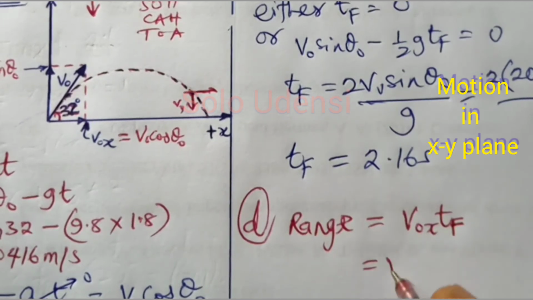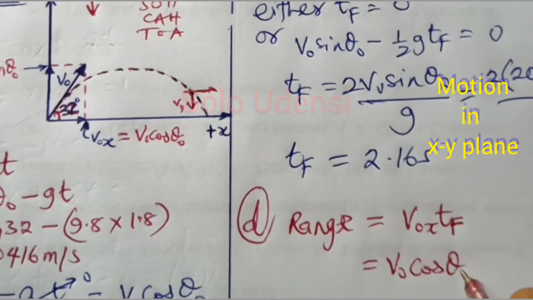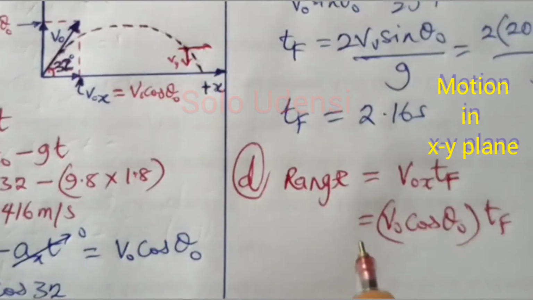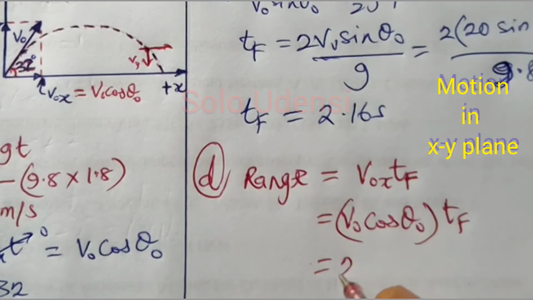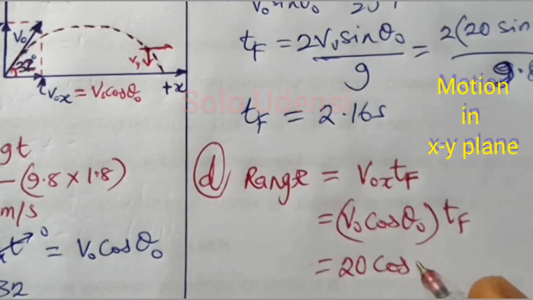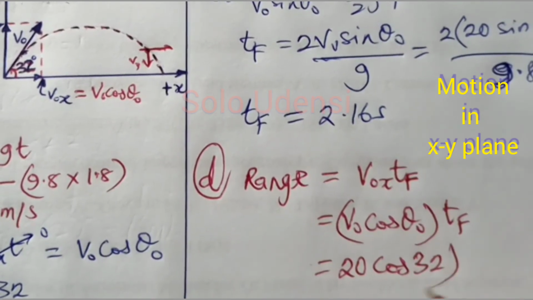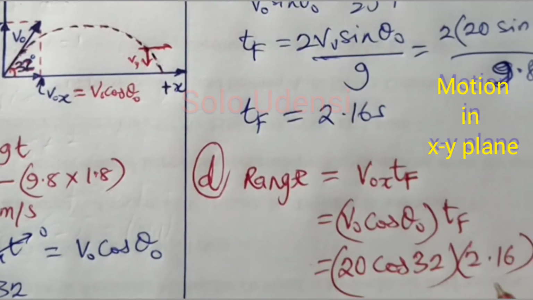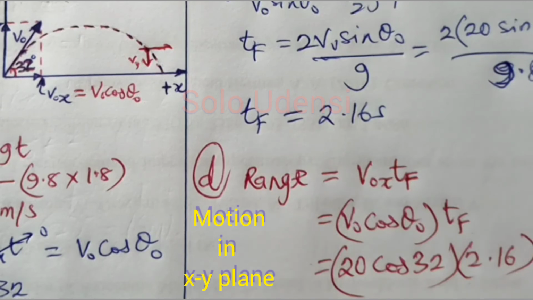So it's equal to v naught cos theta naught times t f. If we plug in the values, 20 cos 32 times t f, which is 2.16 seconds, and if we do it, we will obtain an answer of